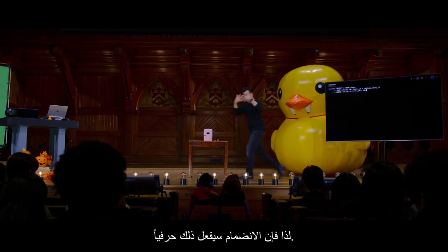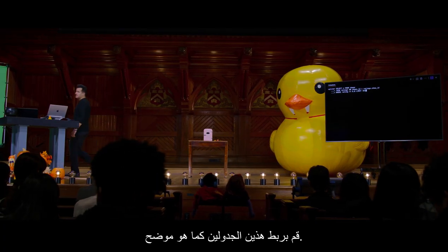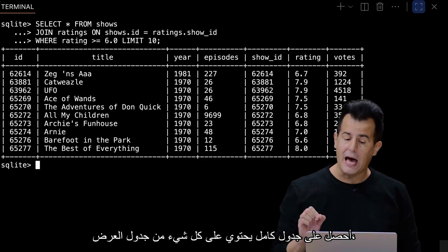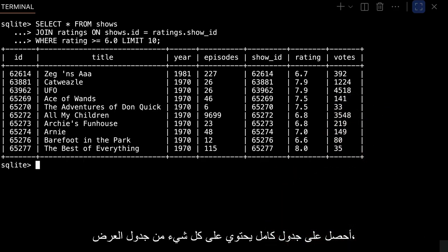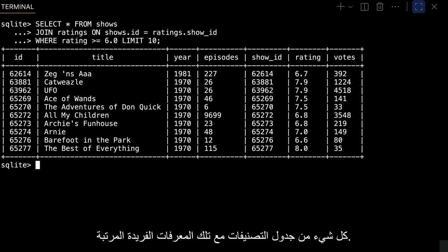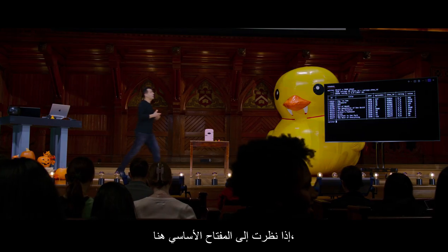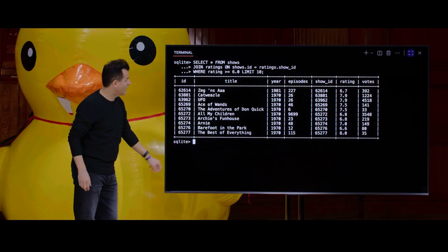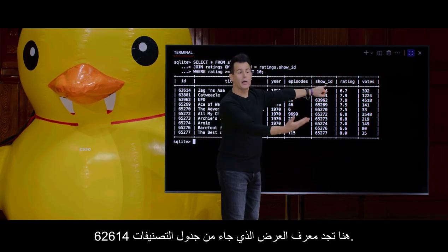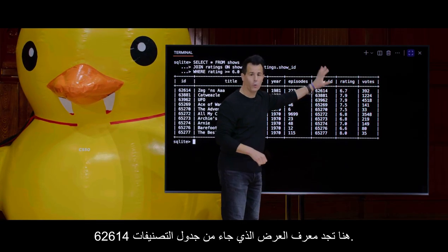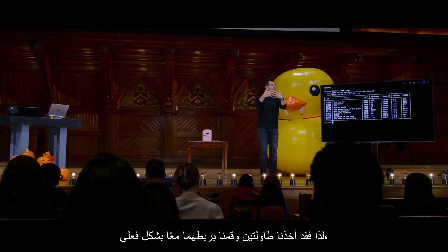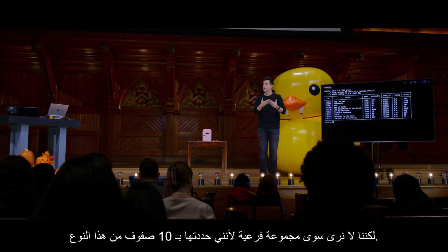So join is going to do literally that. Join these two tables as I have prescribed. When I go ahead here and hit enter, now that I have my semicolon, I get back a complete table containing everything from the shows table, everything from the ratings table with those unique identifiers lined up. Indeed, if you look at the primary key over here, the ID column, 62614... Over here you have show ID, which came from the ratings table, 62614... So we've taken two tables and really joined them together, but we're only seeing a subset because I limited it to 10